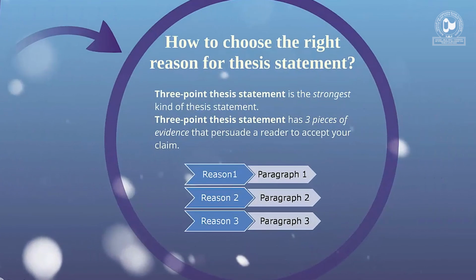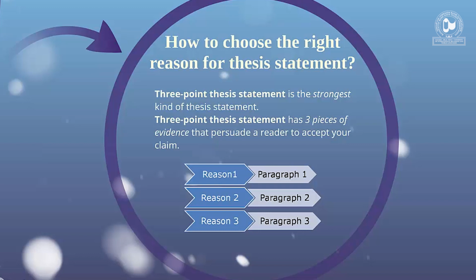A three-point thesis statement is the strongest kind of thesis statement. A three-point thesis statement has three pieces of evidence that persuade the reader to accept your claim. It is also important to identify reasons of the statement in the same order they will be presented in the body paragraphs. By reading the thesis, the reader expects that the first body paragraph is your first reason, the second body paragraph is your second reason, the third body paragraph is your third reason, in order to follow your ideas smoothly